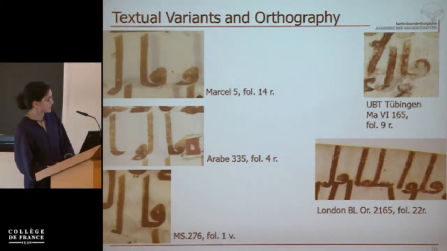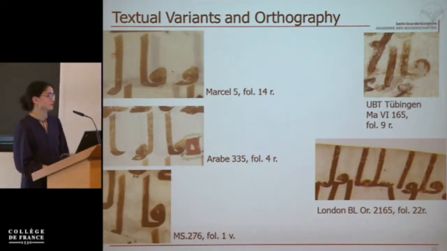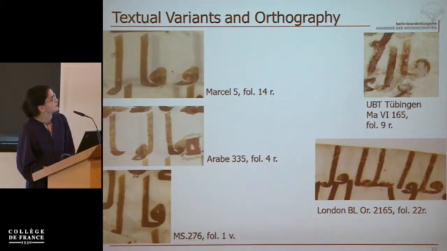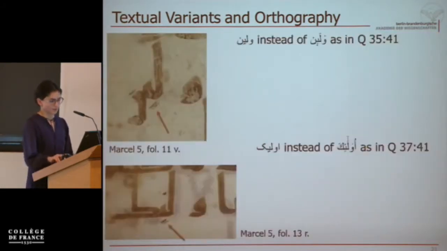And here you can see on the right hand that the manuscripts normally write, actually in all cases, write it with alif. And on the left side, you see the manuscript from London, which is Hijazi, or Tübingen, and they, in most of the cases, write it without. So, yeah, this is this example. And the second category was about the writing of Hamza.